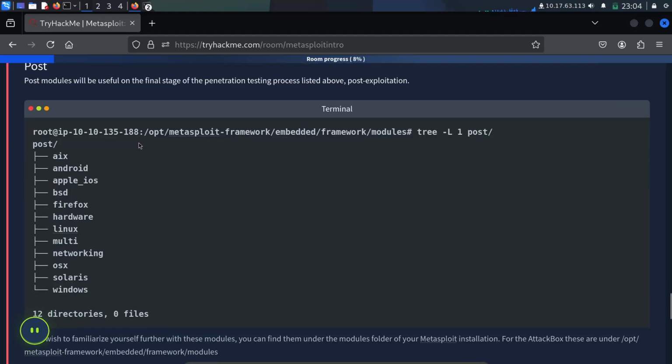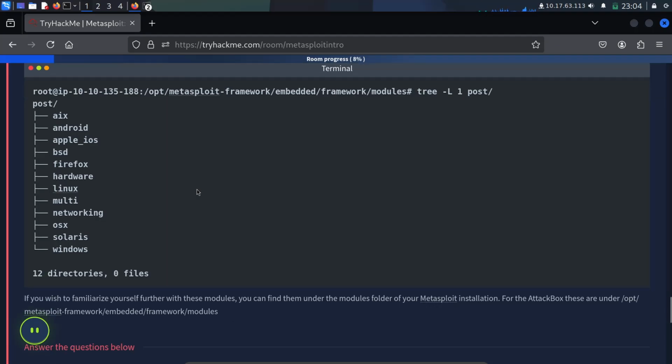Post modules will be useful in the final stage of the penetration testing process listed above, post-exploitation.